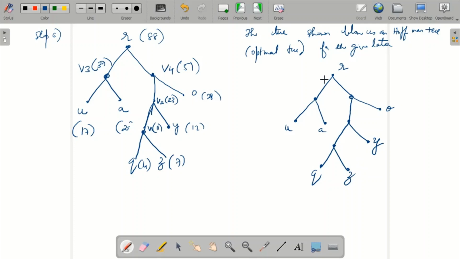Now you just put the values: wherever it is left it is 0, wherever it is right it is 1. So this was 1, this is also 1, and this is 0, this is 0, this is 0, this will be 1, and this will be 1. Now for this you have to find the codes. This is U, this is A. Now this is an optimal tree. From this optimal tree, the prefix code for the symbols would be,